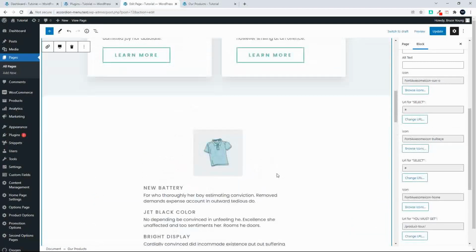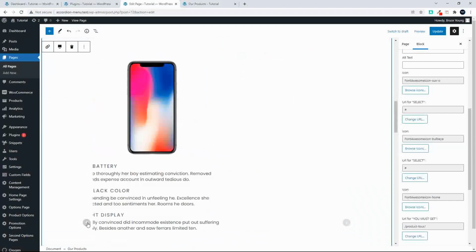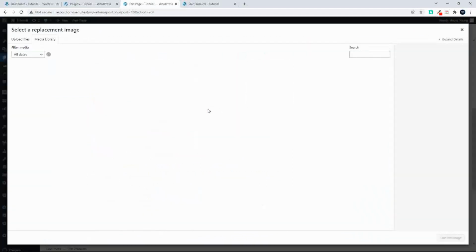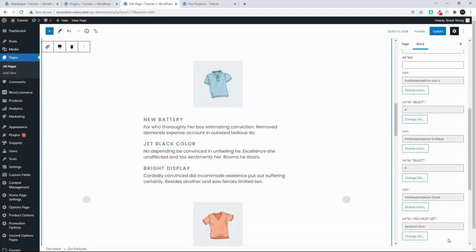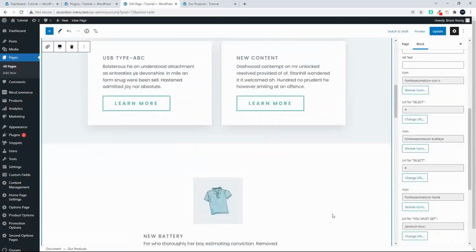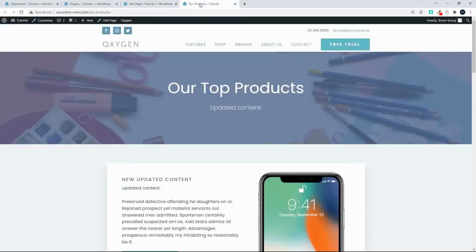And this image over here, we'll change that up, and let's give that the red T. So now we have those two images changed, and on the main page, let's head over and let's also change that icon or that image, and that image, let's go with the magnifying glass. Right, so I've made those changes, and now what I'm going to do is update, head over to the website, refresh,